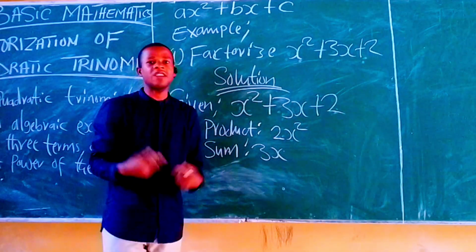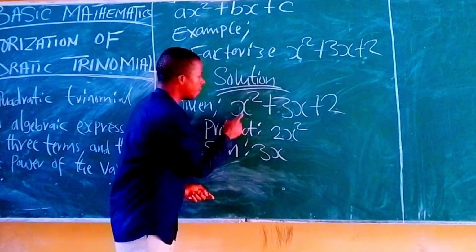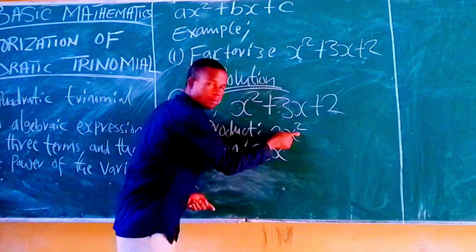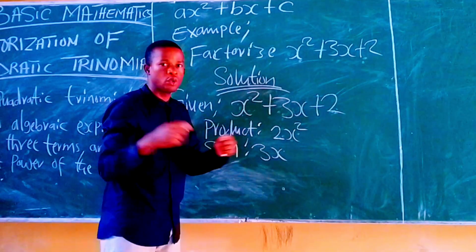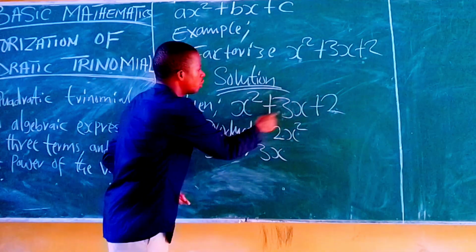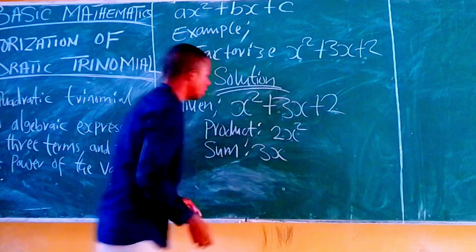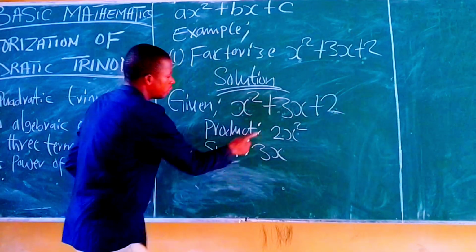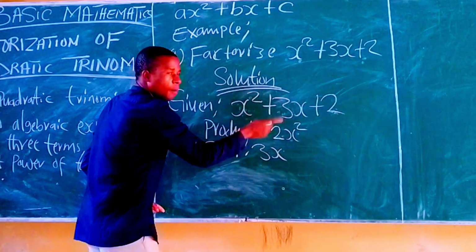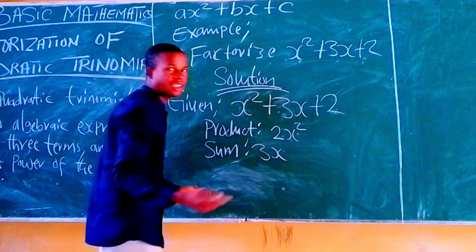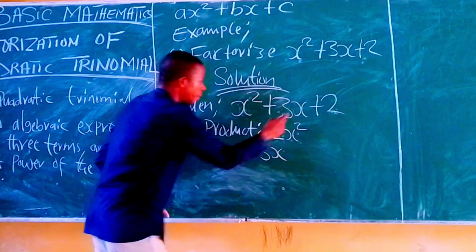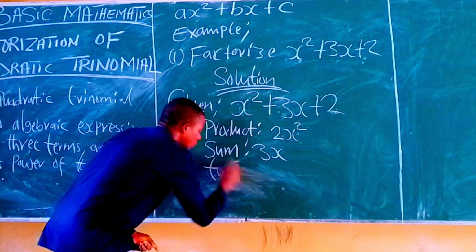Now, the question we ask ourselves is: which 2 numbers can we multiply to give us 2x squared, and when we add them together give us 3x? Let's look at this expression, x squared plus 3x plus 2. You know that 1 times 2 will give you 2, and 1 plus 2 will give you 3. So that is the secret. I see this is in the form of 2x squared. The 2 numbers are going to be